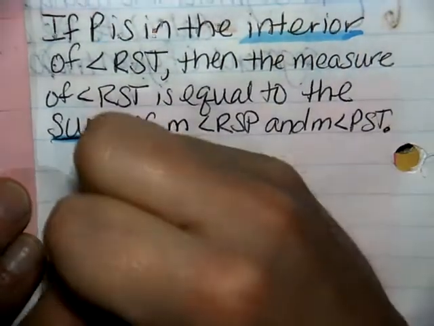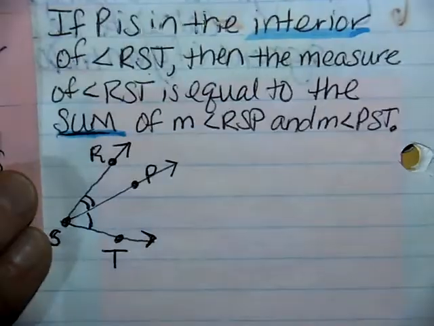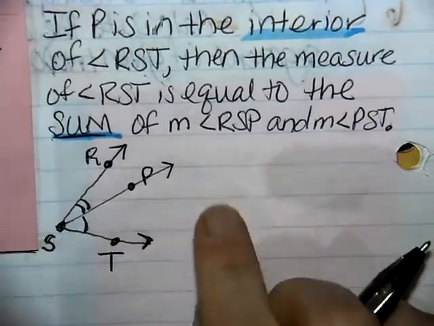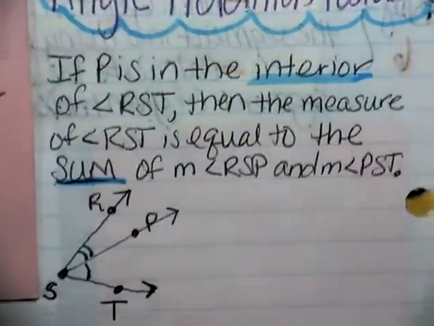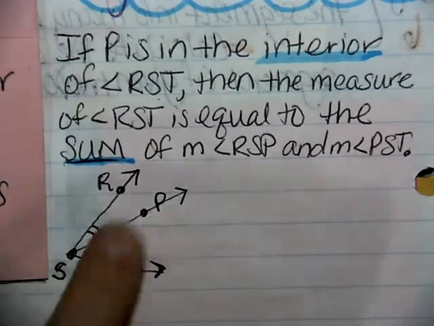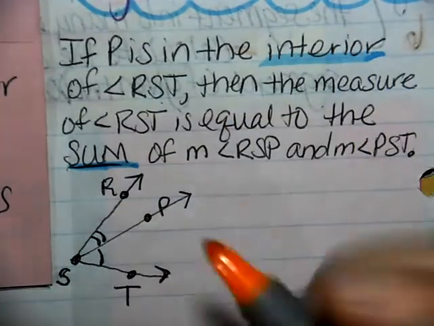What this creates are two different angle measures. They are not necessarily the same because we are not using the language of angle bisector in this problem. So what I'm going to say is that if P is in the interior of angle RST, so here is my whole angle,